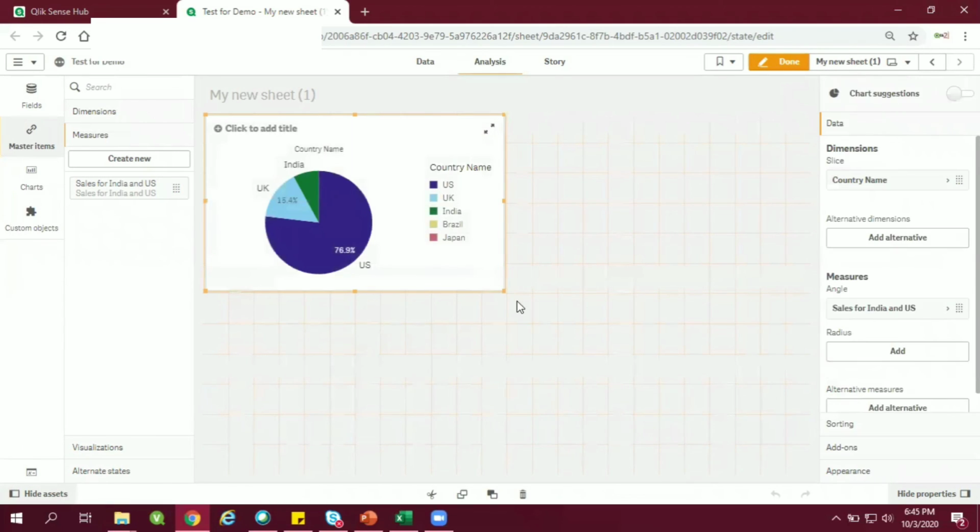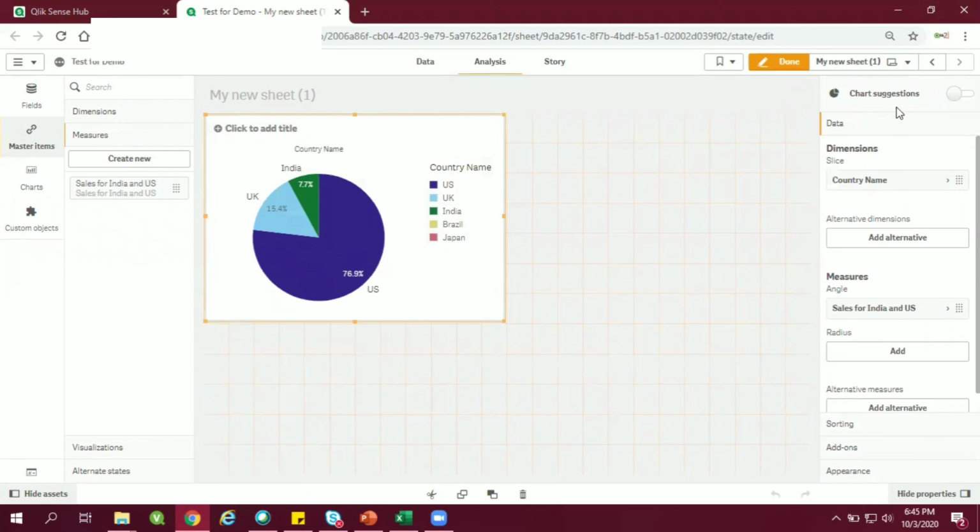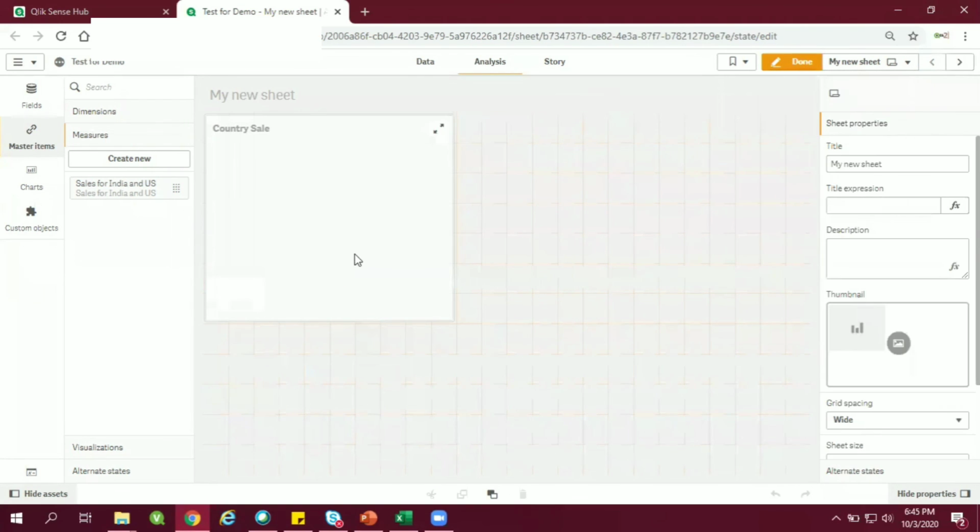Okay, now, yeah, so that reduces your time, and also you can have multiple changes in different charts as well. Okay, so this is how you create your multiple measures and dimensions. Now, how to create a visualization so that you can use the particular chart in multiple sheets and they have the same kind of reflection whenever you make a change? Okay, how to do that?